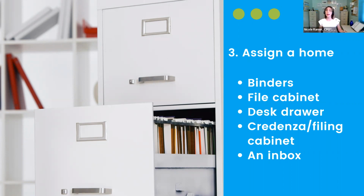Tab dividers inside can help to maintain the files in an orderly fashion. And I am that person that doesn't do well with items out of sight. So I like them to be contained. I like them to be organized and colorful. I like it to inspire creativity and use. So I use tab dividers inside those binders, and that helps me to maintain the files in an organized and